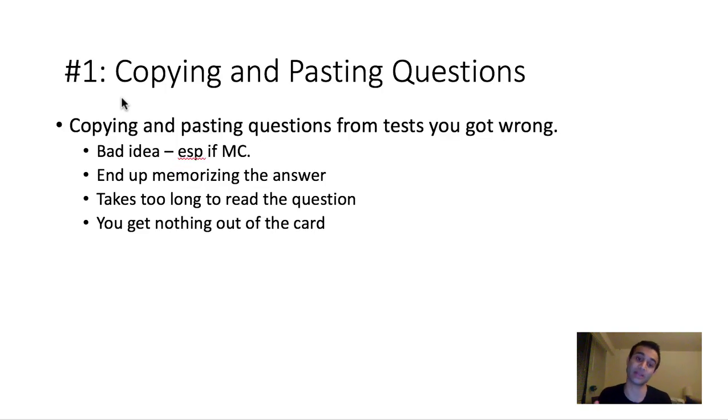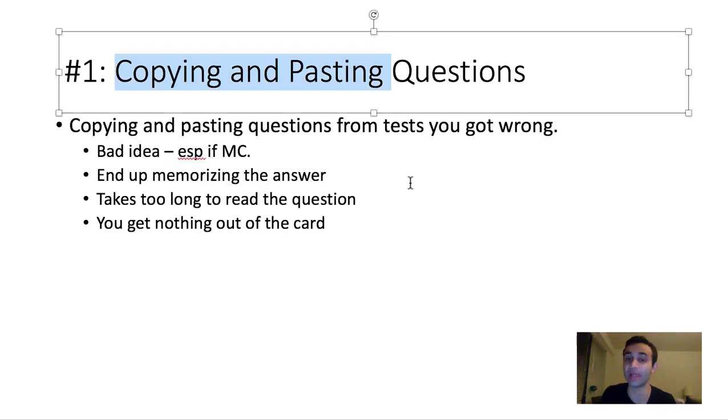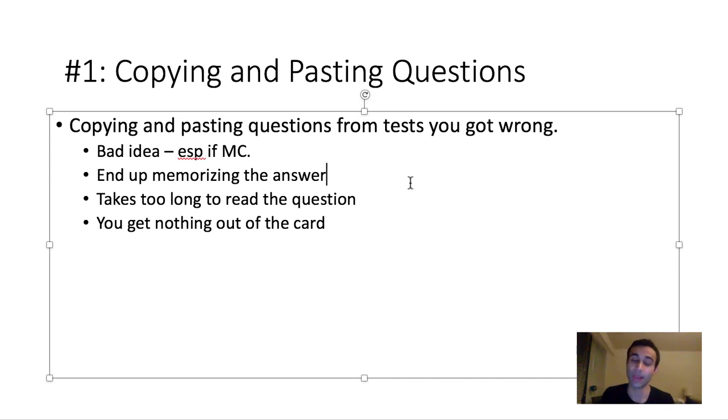So the first tip is do not copy and paste questions. As I said, these are mistakes that people make. Do not just copy and paste questions into a flashcard. That is the worst way to make a flashcard. Because if you just copy and paste a question, first of all, if it's a multiple choice question, it's a really bad idea because your brain will just get really good at knowing what the right answer is just by seeing the question stem. And then instead of even reading the question, you'll just memorize the random answer, and that will have no conceptual basis for understanding what the overall mechanism was that was being tested.